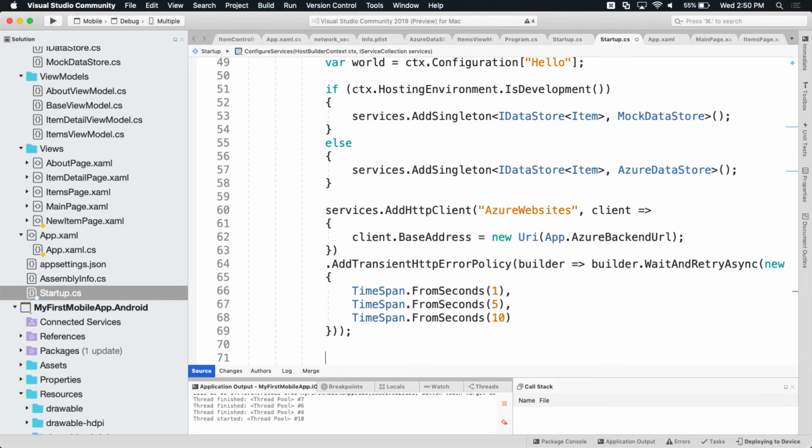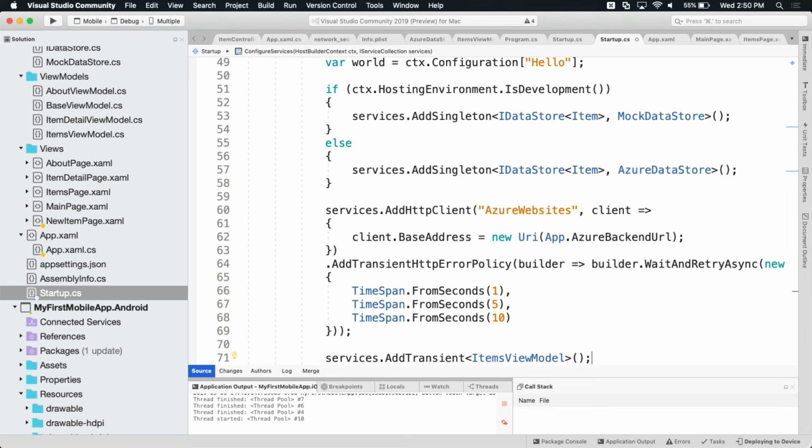If anybody really wants to ask me about why that's important, she knows what I'm talking about. Then you can come talk to me about it later if you don't already know, because you don't have a lot of time. But this is saying, make me a new HTTP client for this backend URL, and configure this retry policy. Retry once after a second, then retry a second time, retry a third time, waiting longer in between each one. So it waits a little bit, then it retries. That's what these three are doing.